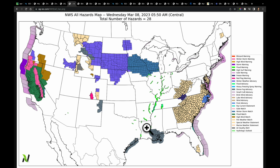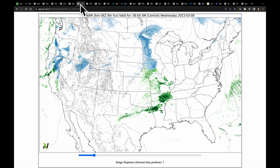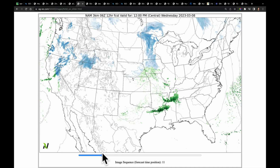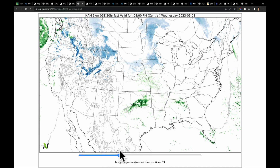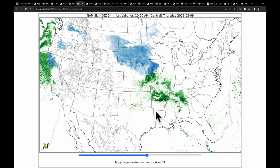And there's still a major flooding issue going on down here in parts of the Mid-South we need to talk about. But I want to queue up the newest high-resolution models. We'll start this off at 8 a.m. Central Time on Wednesday. We're going to see how these events kind of all take shape here. So as we play this forward, we're going to be seeing that more rain is expected to come to the area. We had some showers and storms last night right in through here